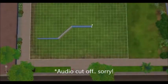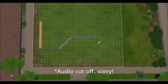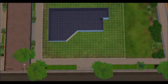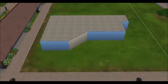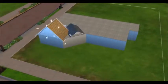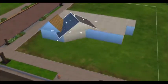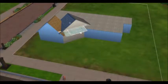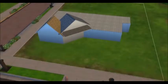And as you can tell, this is going to take me a while. Yeah, so I was trying to go for this diagonal look, and that didn't work at all. So I decided to leave in all the parts where I am going through it and trying to figure it out